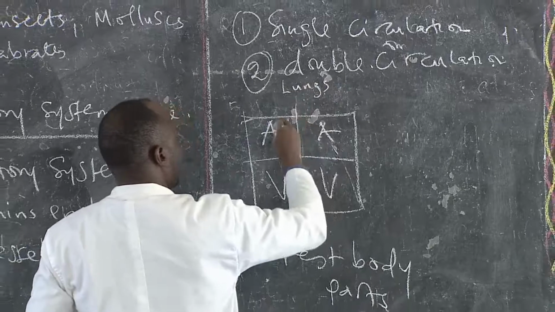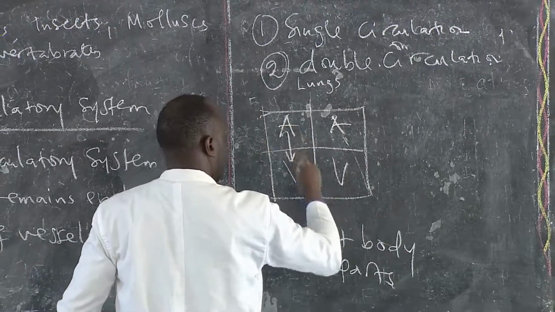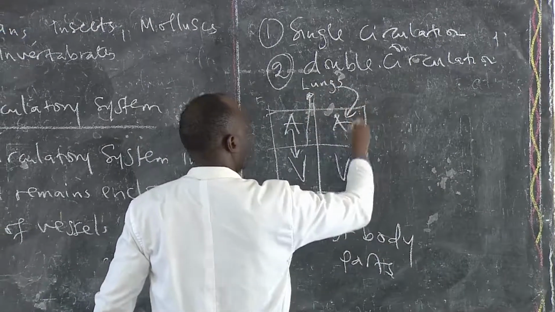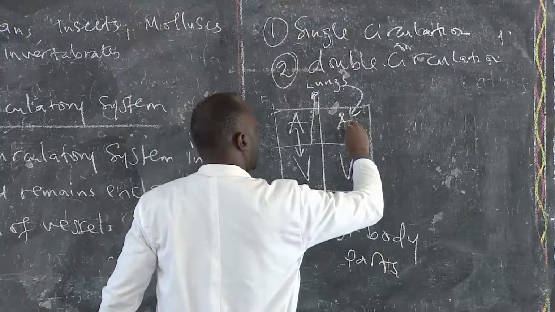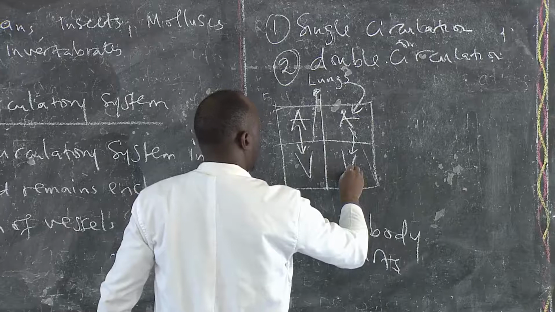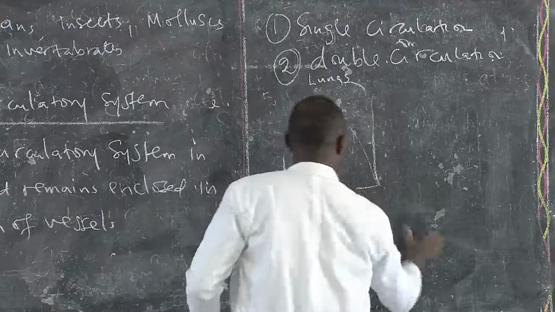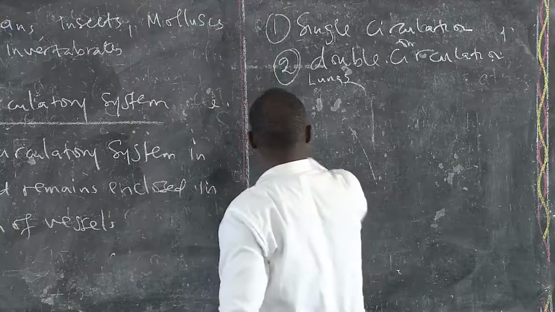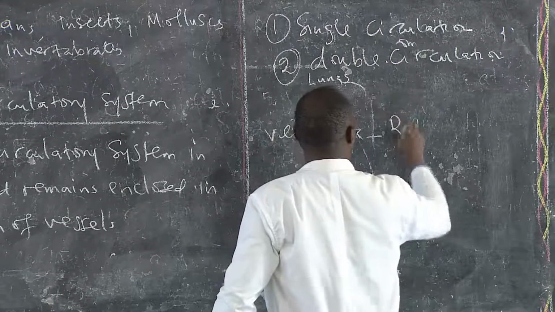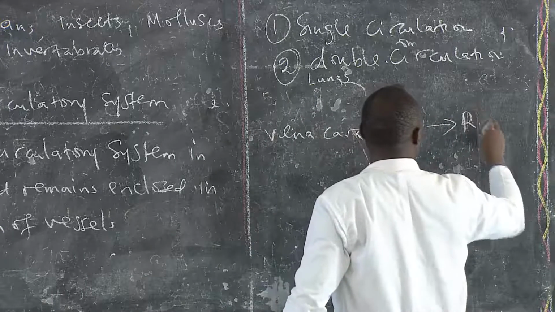The blood comes from the vena cava to the atrium. From the atrium, it goes to the lungs. Then from the lungs comes to the heart. Then from the heart, the blood goes to this one, to the ventricle. Then from the ventricle, the blood has to move to the body parts. All right? So I can just make a summary of it. You can say from the vena cava to the right atrium, from the right atrium to the right ventricle,